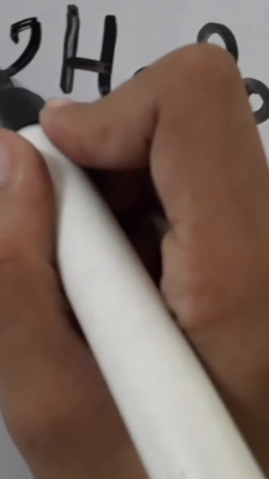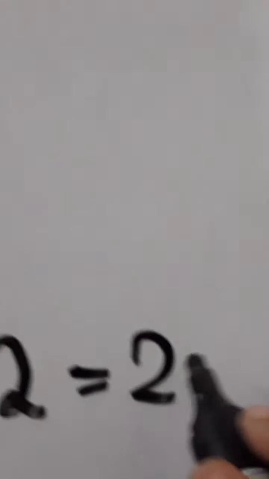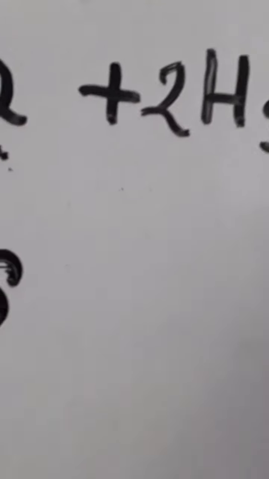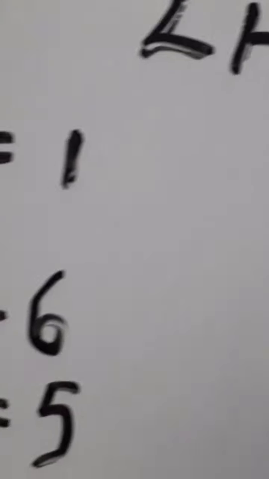Now we will start balancing it. Let's start with phosphorus first, as it is a bit easy. It is 2, so we will write here 2. So now we have to update everything. We have to change hydrogen and oxygen. So let's start with oxygen. Here 2 and here 4 into 2, 8. 8 plus 2, which is 10.